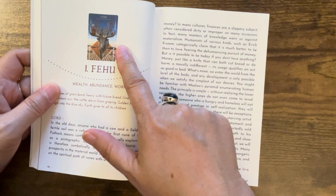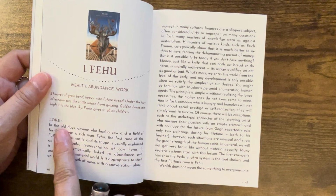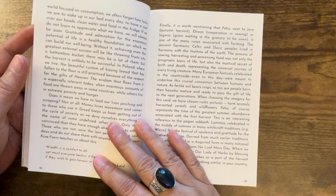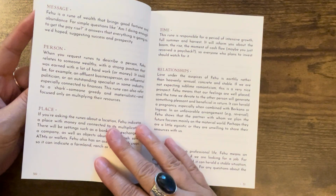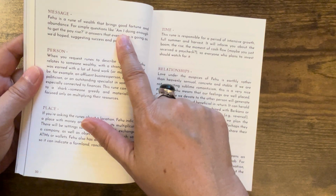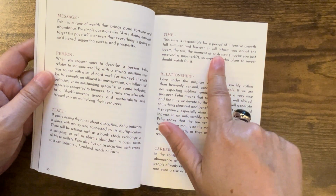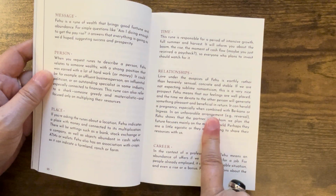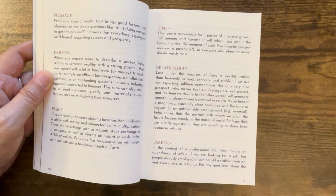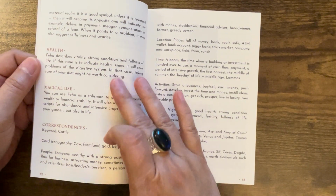You get a color picture of each card, keyword, write up, and then the story, the Lord of the symbol. Wow. Several pages worth. And then it comes to the message of the card. The person, the place, time, relationship, how it applies to relationship if you were going to draw this card for relationship, and career. Wow, very in-depth. Health, magical use,